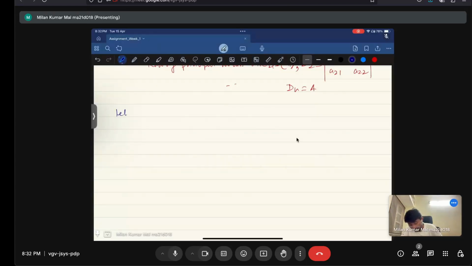Let A equals to Aij be an n by n real symmetric matrix. Then